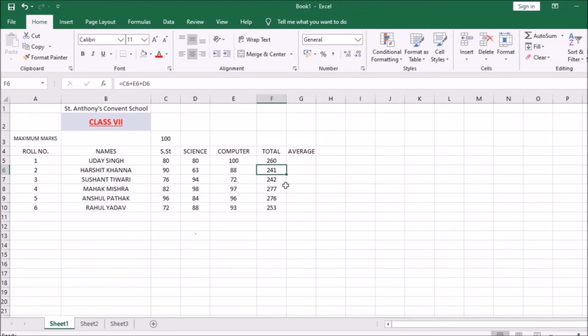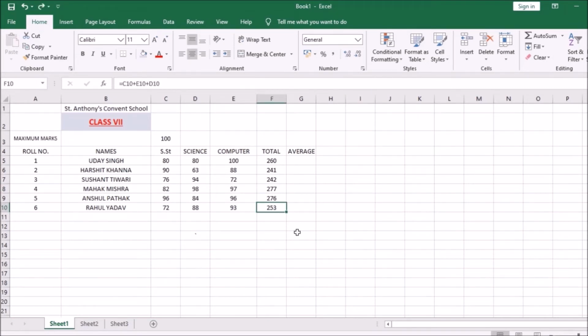When you want to copy a formula and suddenly you feel that you want to cancel the copy, then you should press the escape key. Suppose that I want to copy this formula, I have pressed Ctrl C. Now your cell looks like this, but you do not want to paste it in any other place, you want to cancel it. So don't click here and there, don't do anything else. You should press the escape key. The escape key is in the top left corner, ESC. When you press the escape key, the copy and cut gets cancelled like this. This is in the top left corner of the keyboard.